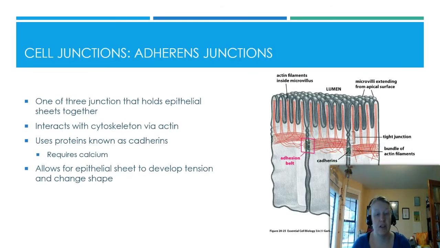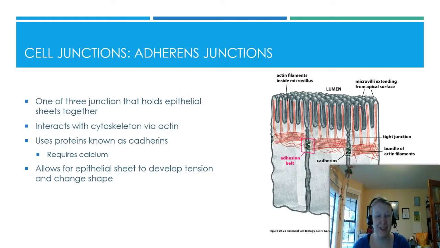Our next cell junction is adherens junctions, and this is one of the three junctions that's going to hold the epithelial sheets together. We're going to talk about the other two in just a second. This cell junction interacts with the cytoskeleton via actin, and you can see these adherens junctions between the cells, and what that does is it holds them together, this bundle of actin fiber, and it uses these actin fibers to help really